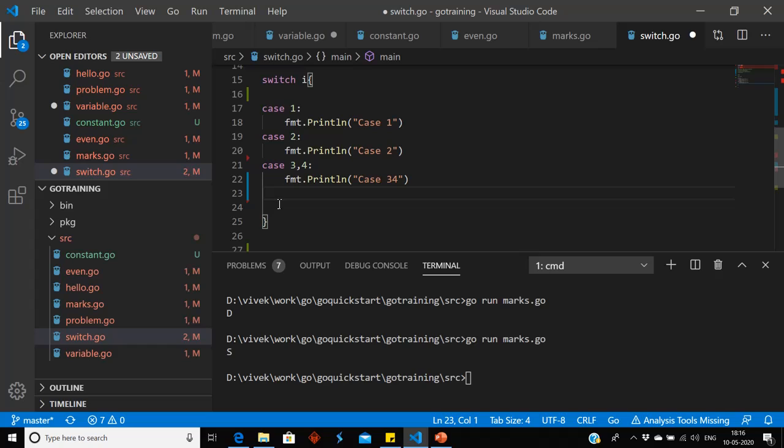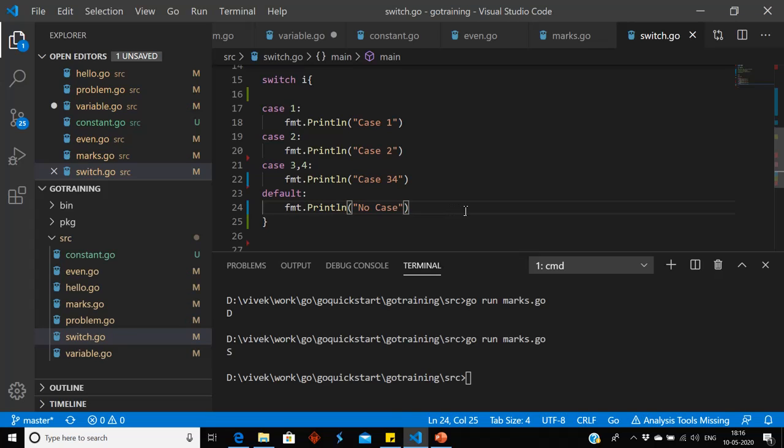If no case matches, then we can write the default statement. It will print no case. So our code is ready.